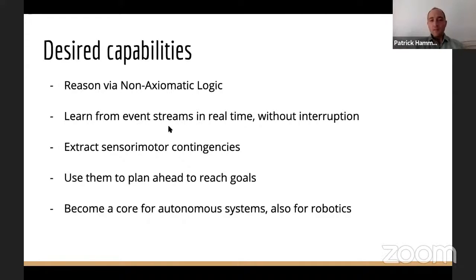Another thing is it should be able to learn from event streams in real time. So you can constantly bombard the system with new information. It should not cause trouble. And when you do this, it should be able to extract sensory motor contingencies. So if you have events from sensors and maybe also events from actuators streaming into the system, it should be